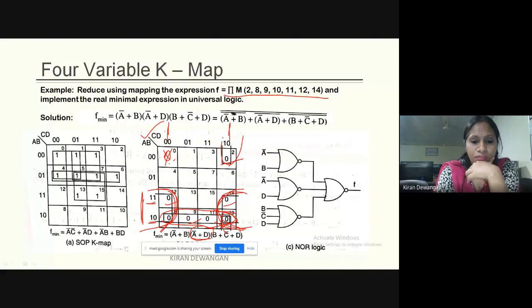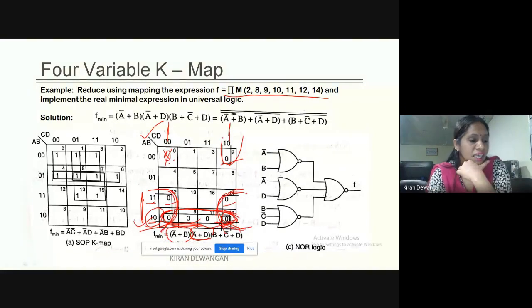Now if we have to check this quad, ये वाला, ये जो rectangle form कर रहा है. What is common here? Clearly we can say this one. What is it? A is 1, B is 0. A bar plus B. This one. This term. ठीक है? It is A bar plus B. Correct.